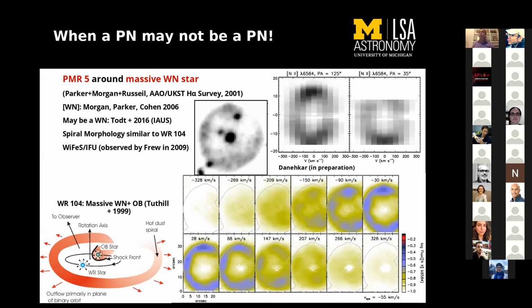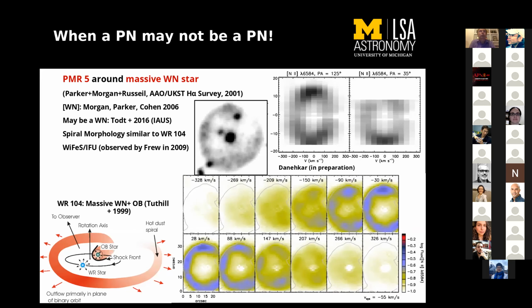And here you see the PV diagram of these objects. As you see, the PV diagram extends up to a velocity of 300, the polar expansion. And the mean expansion of the shell is also around 150 kilometers per second, which is not a typical expansion velocity of a planetary nebula. So these objects could be a massive nebula rather than a planetary nebula. And interestingly, if you look at the morphology of this object, which we see in the H-alpha image, it has some similarity with